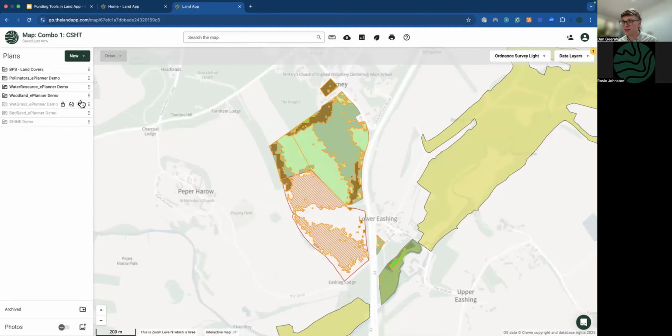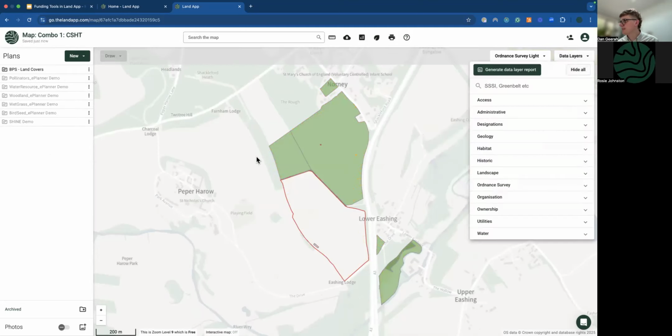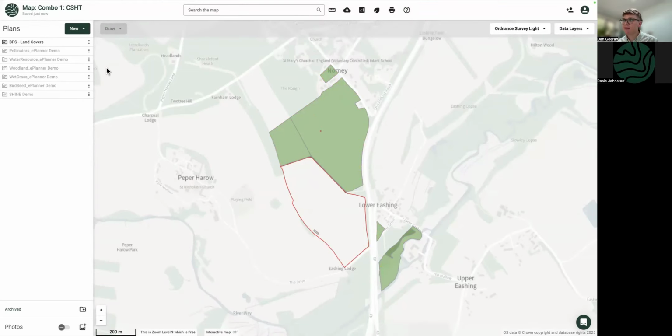So I'm just going to go through them in turn just to give you a bit of a high level view of what's happening. And so we can start to see a bit more about this farm. So I've got pollinators from ePlanner. So relative to my farm's boundary, where are the better places to create pollen habitats? And this is looking at things like soil, slope, shade, angles, etc. So the sunnier, freer draining areas are these bits. Water resource protection: where is best to start increasing surface roughness or protecting existing rivers, for example.